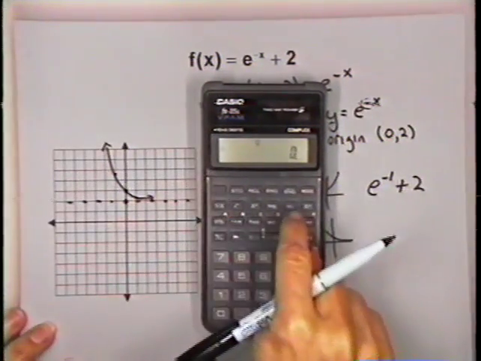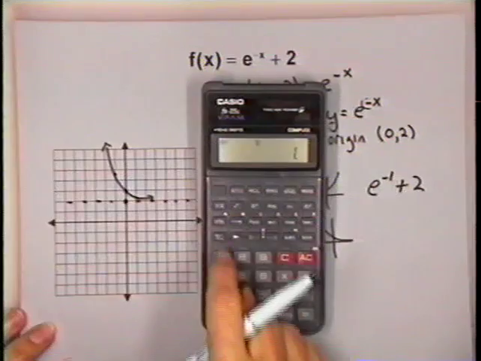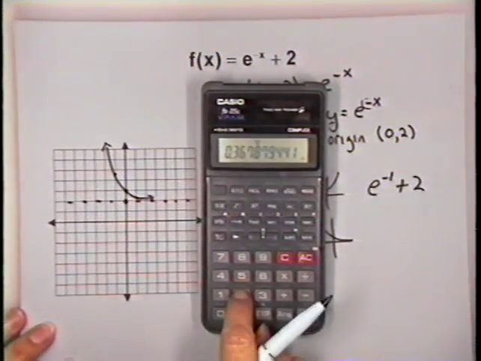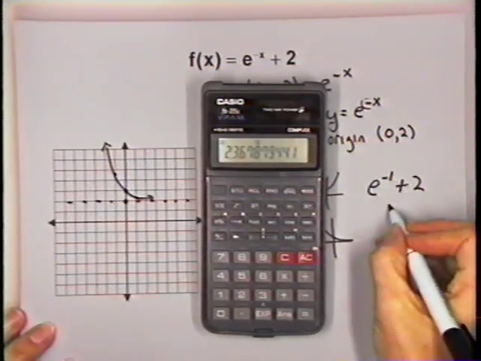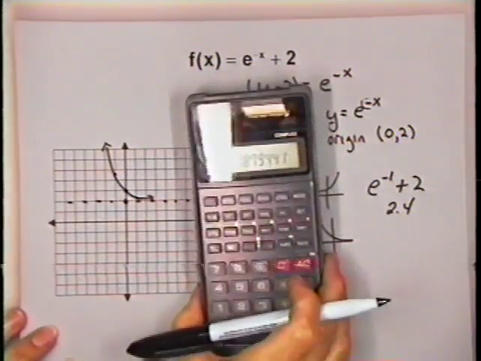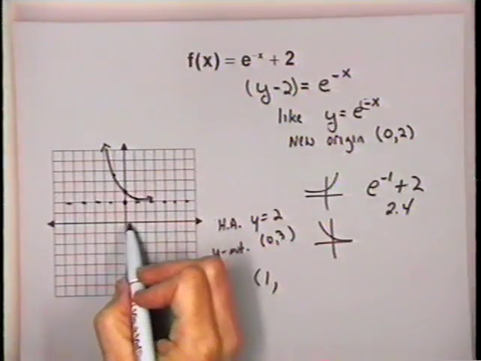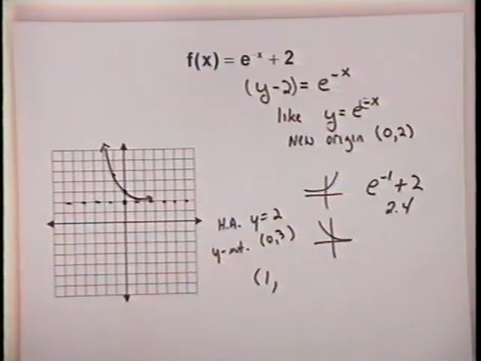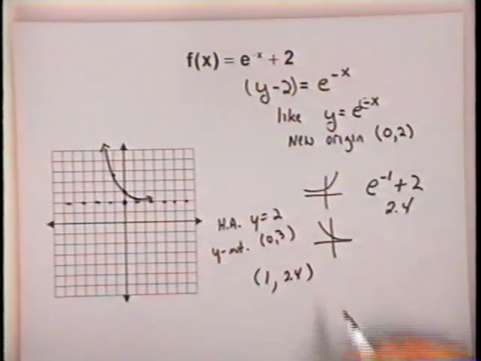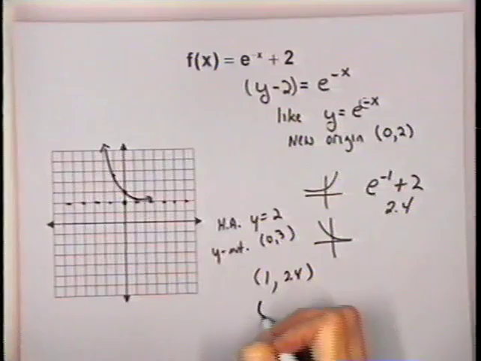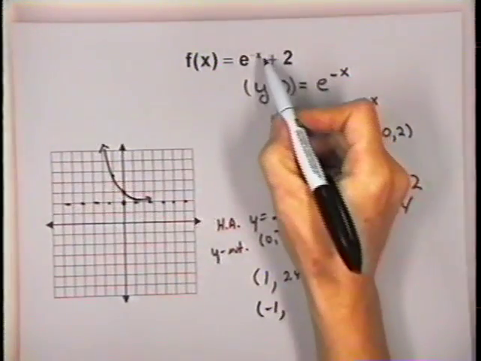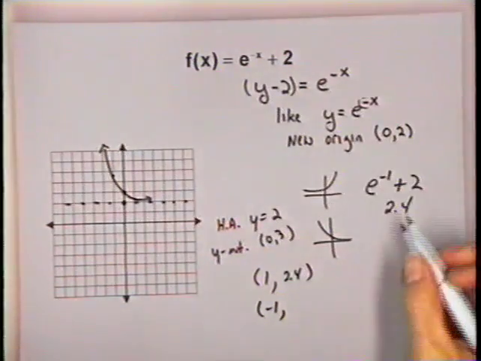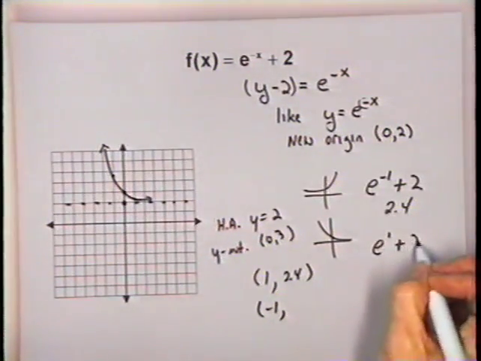Well, let's go to that calculator again and see if we have an approximate value that is reasonable. Let me get my e to the x. I'm going to do a negative 1 exponent. Go ahead and complete that. And now I need to do what? Add 2. So that is approximately 2.4. Okay, well, let's go to our graph. Whenever x is 1, we're going 1, 2.4. So that's pretty close, isn't it? About 2.4. Let's check that x equals negative 1 value. Notice if x is negative 1, minus x is positive 1. So that would be e to the first power plus 2. Well, we know